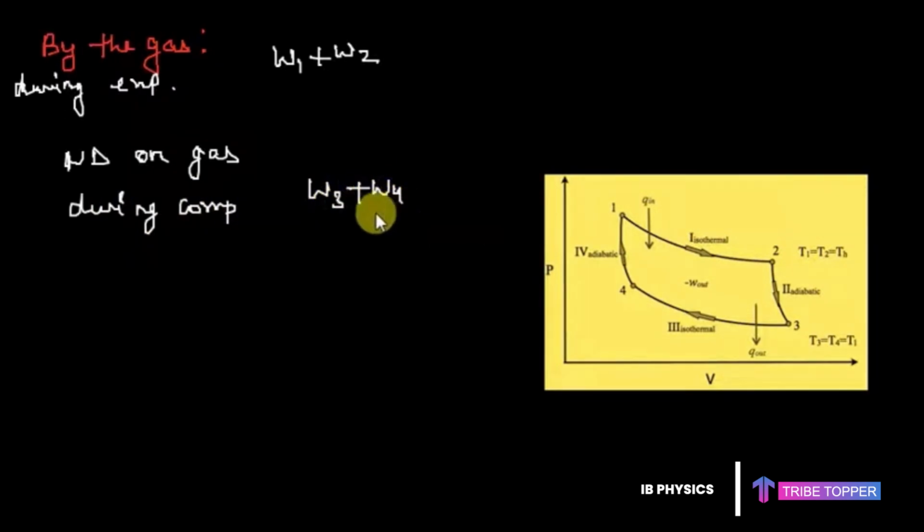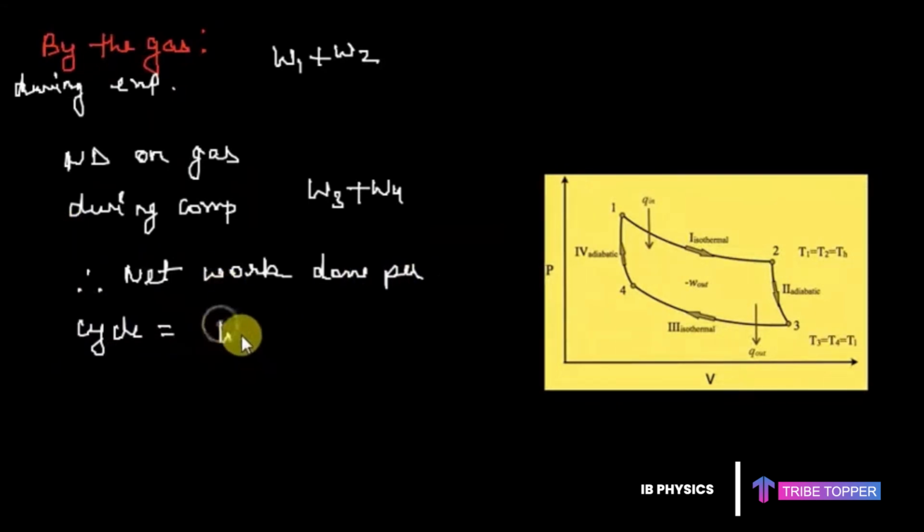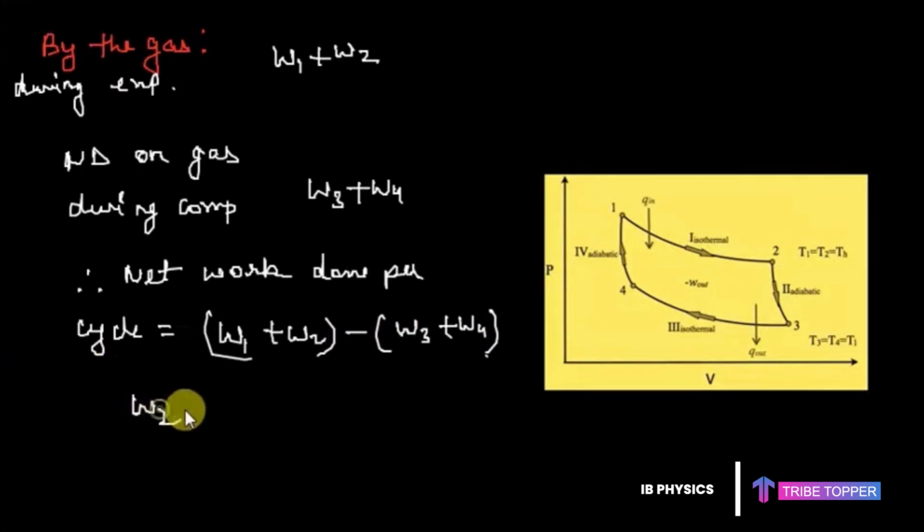So what is the net work done? Therefore, net work done per cycle would be the sum of all of them, out of which of course 2 are positive and 2 are negative. So we would write W1 plus W2, and out of that we subtract W3 plus W4. And since my W2 and W4 are equal in magnitude, if not in sign,